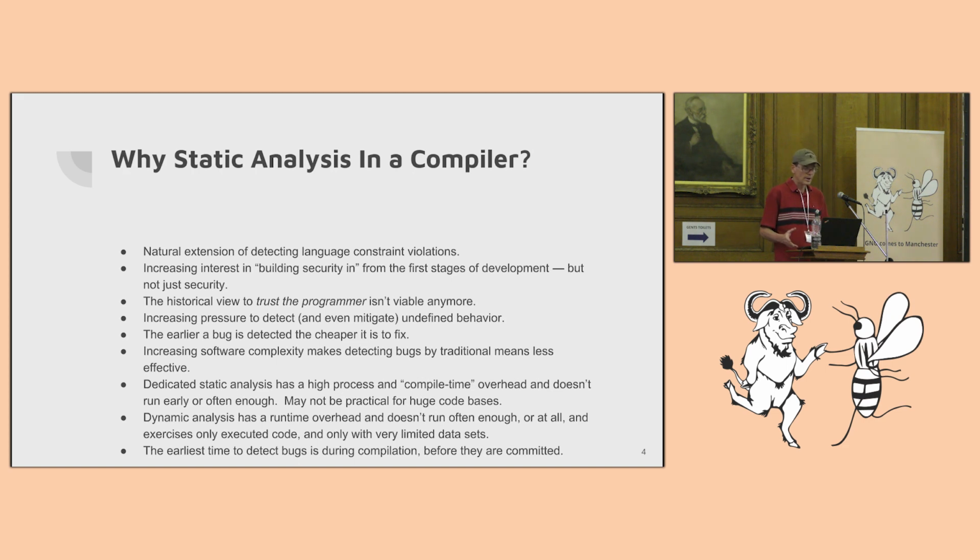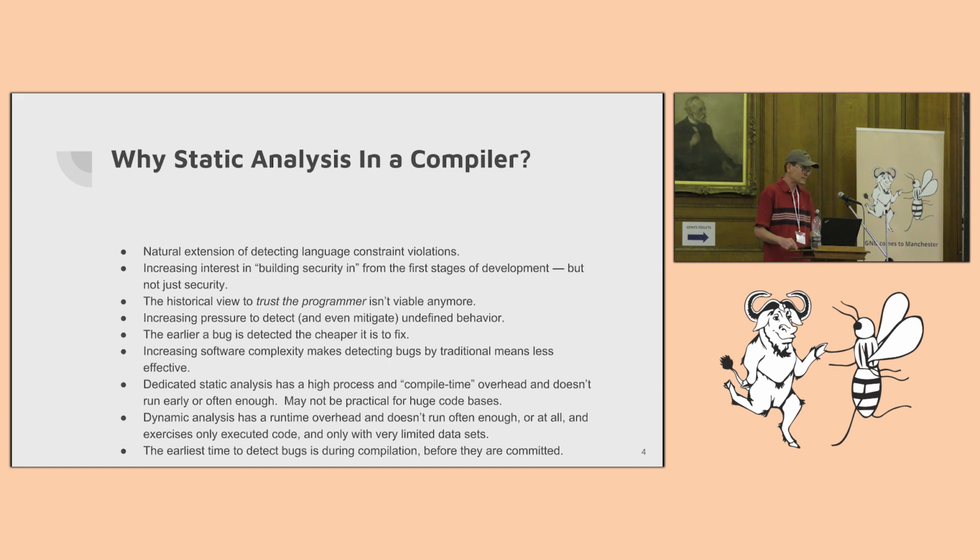We all know intuitively that the earlier a bug is detected, the cheaper it is. There have been a number of studies out there that put the number at maybe an order of magnitude, depending on the stage of the software development cycle. So if you detect a bug after, say, you release a software product, it might be several orders of magnitude more expensive than if you detect it early on before you check it into the code base. The one number I've read that's being tossed around is up to 5,000 times.